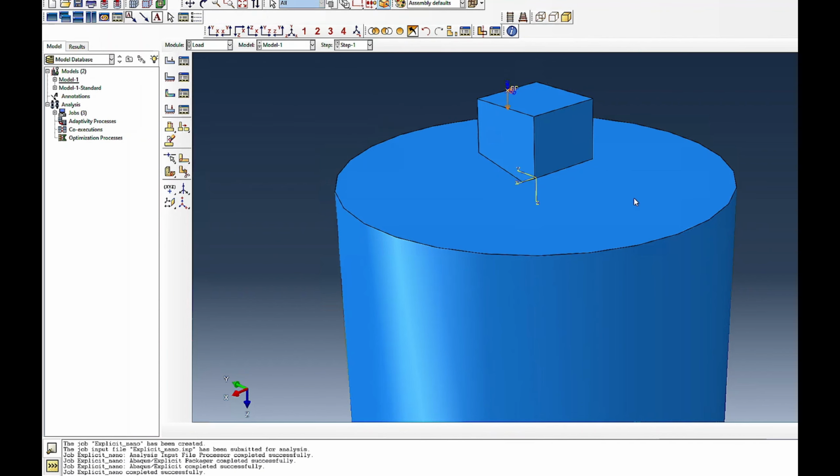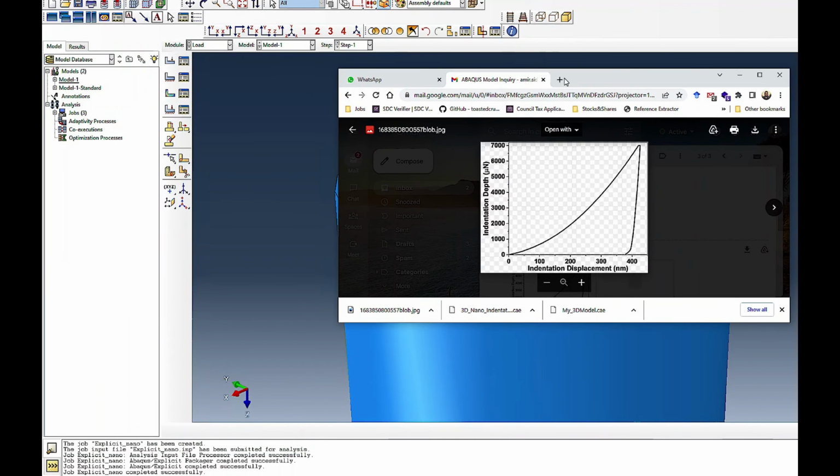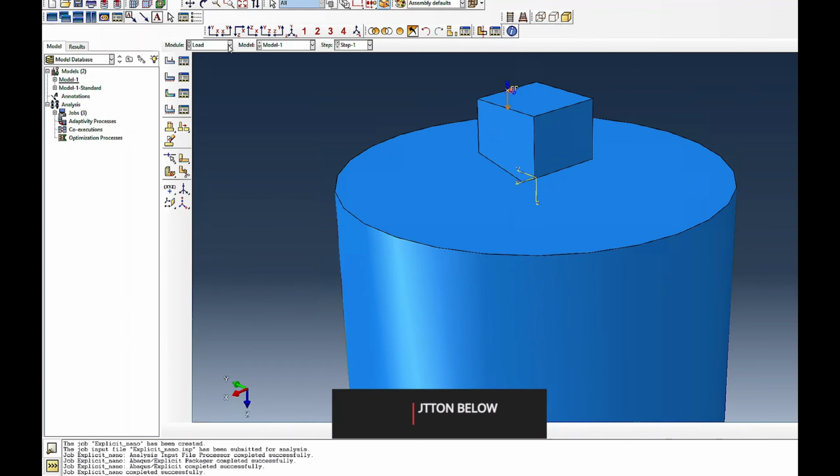In this case everything is elastic, so obviously we won't see that kind of hysteresis, because everything will follow basically. If I bring that curve here, then you will see that it will not go like this, but it will go like this and come back along the same path, because everything is elastic. But in the plastic case it will change. So let's go with this and see